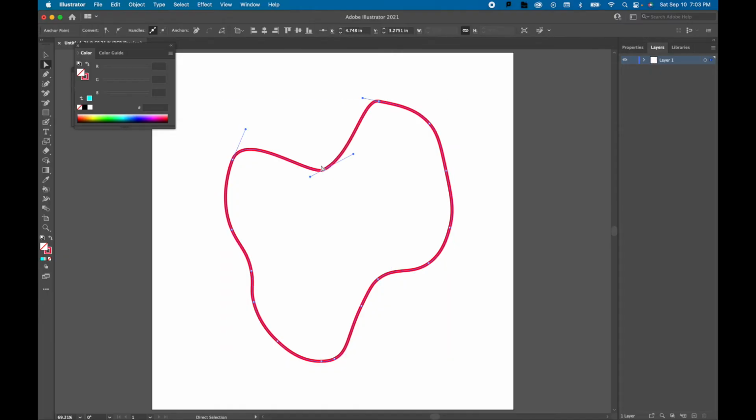If I undo that, and I click on it, I also have the option of converting the anchor point from a smooth anchor point to a sharp one. You can see my dot came back, and just like on the square primitive, I can drag this dot to add some roundness to that corner. Okay, let's get rid of this stuff,